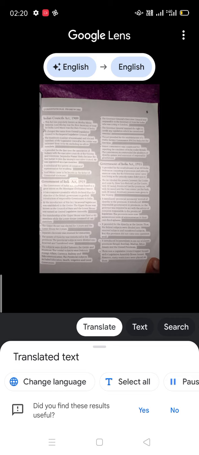Government of India Act, 1919. The Government of India Act, 1919 was based to a great extent on the Montagu-Chelmsford Report. It has a separate preamble which declared that the objective of the British government is gradual introduction of responsible government